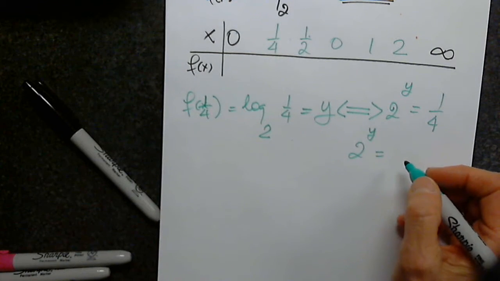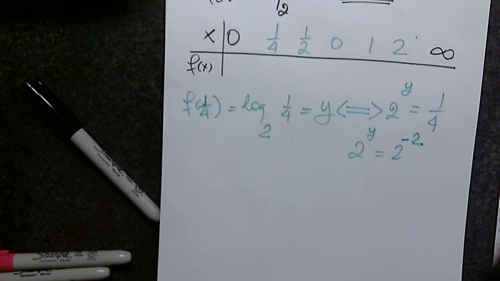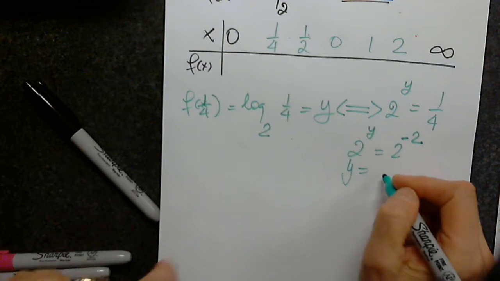2 squared will be 4. Very good. To negative 2. 2 raised to negative 2. I don't delete, I don't cross out, I don't simplify. I think. 2 numbers are equal, and they have the same base. What has to happen to the exponents? Yes, so then definitely y must equal